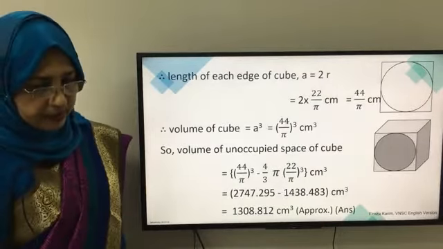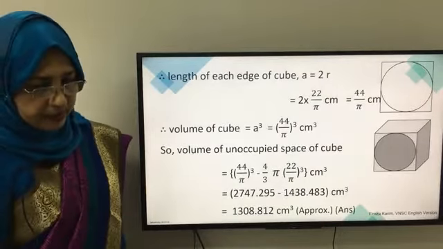So the length of each edge of cube a equals 2r. That is 2 into 22 by pi centimeter equals 44 by pi centimeter. Okay, this is the diameter of the spherical ball as well as the length of each edge of the cube, isn't it? Now since we got the value of a,